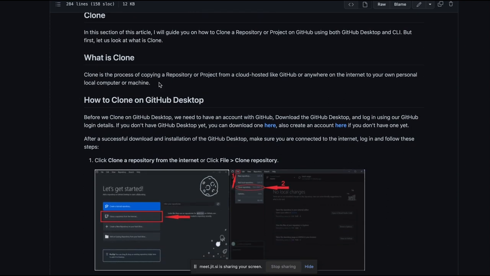Clone is the process of copying a repository, a project, from a cloud-hosted service like GitHub or anywhere on the internet to your own personal local computer or machine. So I don't think this is correct, so you correct this section. For me, use one. Either you use computer or you use machine.